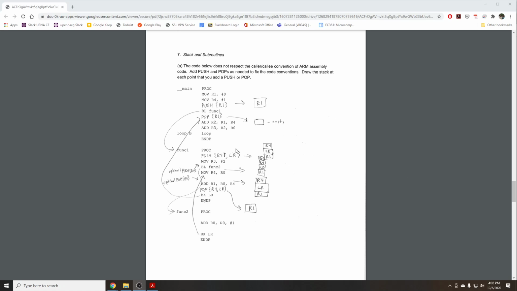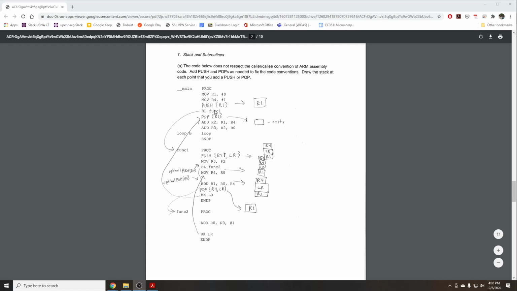Okay, so this problem is looking at the caller conventions for ARM assembly. We can recall that R0 through R3 and R12 are caller saved, and R4 through R11 are callee saved. So what that means is that if I am calling some function, in this case func1, or if func1 is calling func2, I have to assume that anything I have in R0 through R3 or R12 might be changed by that function. And so if I want to keep that value, I need to make sure I push and pop